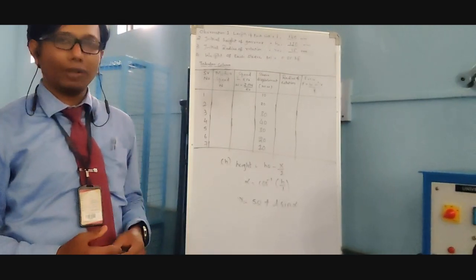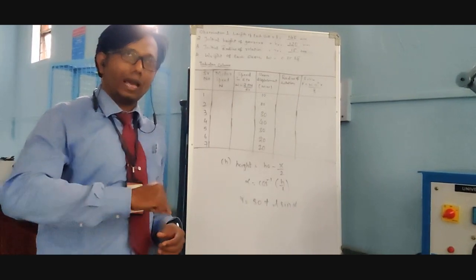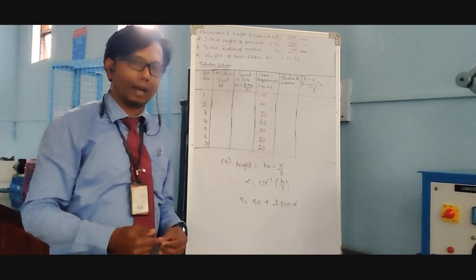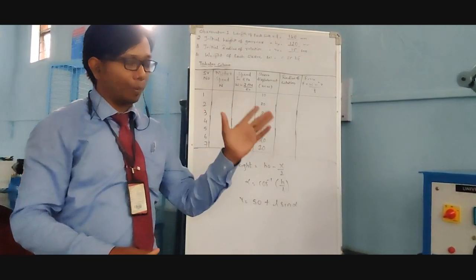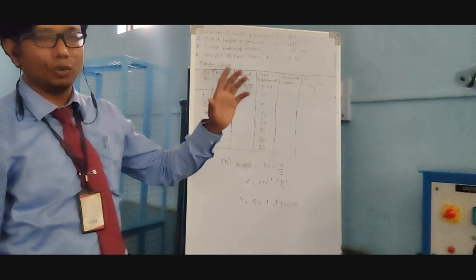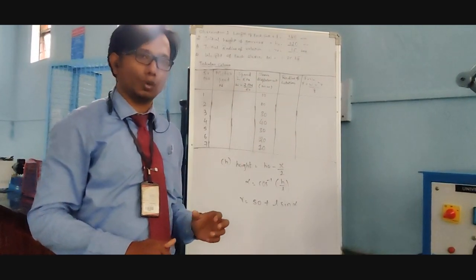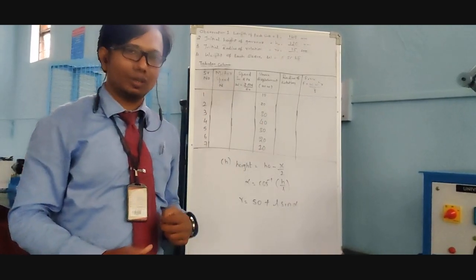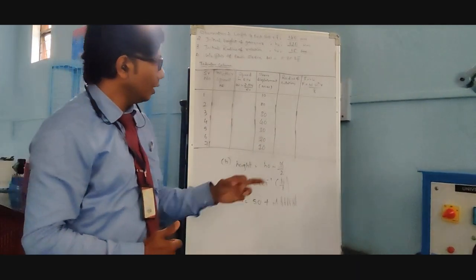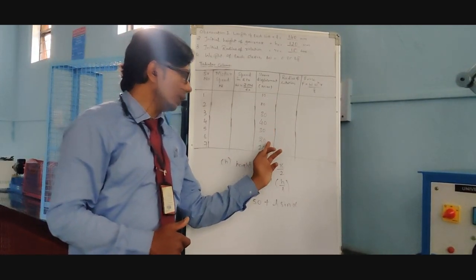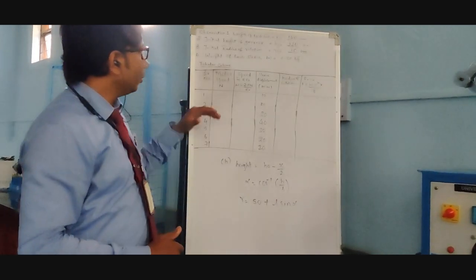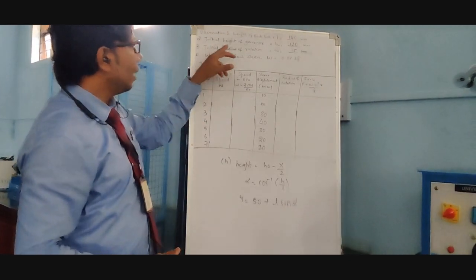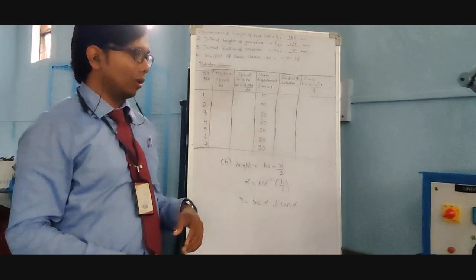Why? Because whenever we do the theoretical calculation, we will have a smooth graph while going up as well as while returning to the initial position. But when we do it practically, there are a lot of forces restricting that particular motion. Those forces contribute to the error formation. So to check whether that hysteresis curve is happening or not, we will take the reverse values also, 30, 20 and 10. Okay, I'll explain what the initial height of the governor is, I'll show you the length of each link and the initial radius of rotation. We'll be seeing this in this particular setup.